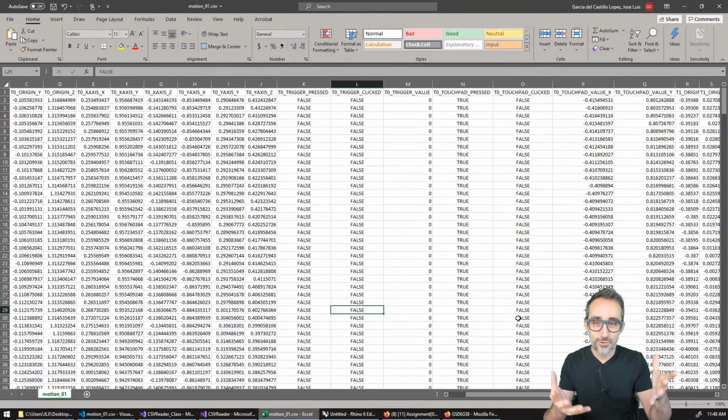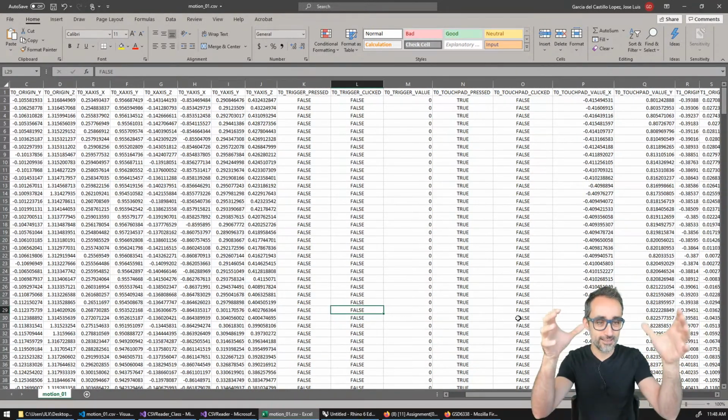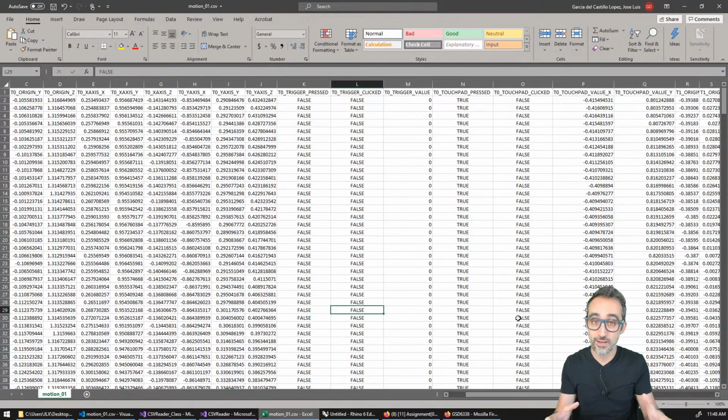Hi, and welcome to this video where I'm going to show you how to take a CSV file which contains a data set of the motion that was recorded by moving video game controllers in three-dimensional space. And then I'm going to show you how to parse all this data, bring it into a 3D modeling environment like Rhino and Grasshopper in this case, and write C# scripts to take all this data, parse it, and then turn it into three-dimensional planes that we can use to visualize this data, and then to perhaps manipulate it